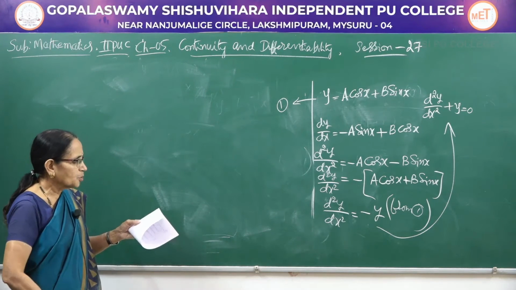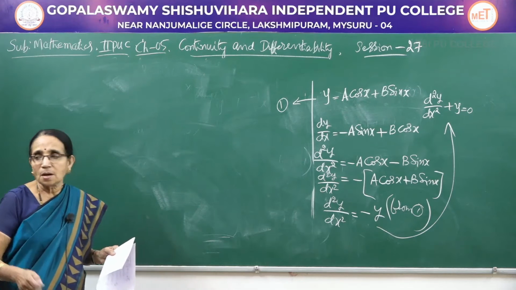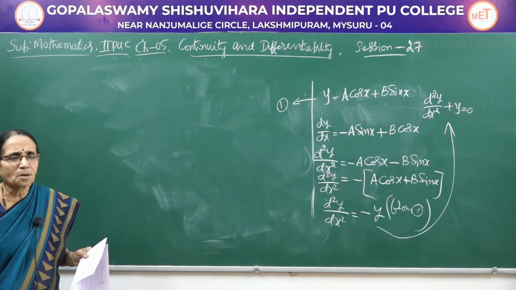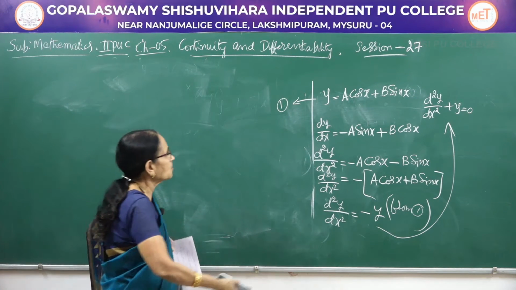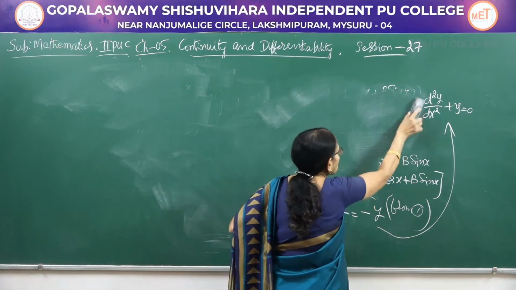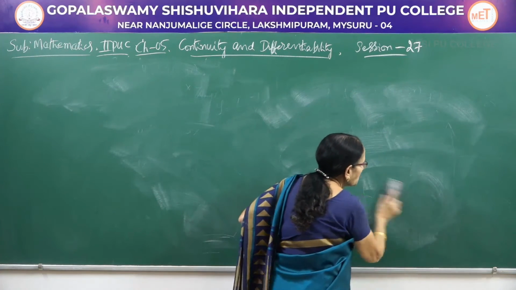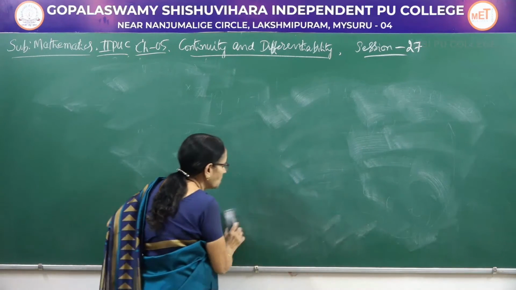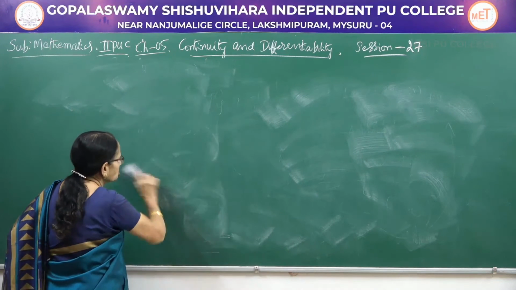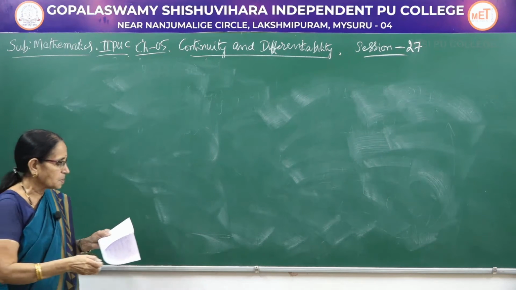Now let me try another problem. Here, of course, the problem which I am going to work out can be expected for a 5-mark question. It is usually given for a 5-mark question because the number of steps we will be calculating would be more, and also the result that has to be proved. In a 5-mark question usually they ask you to prove certain result here.